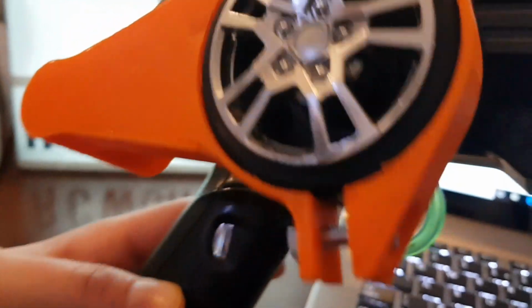All you've got to do once it's 3D printed then is put a nut and bolt through that attachment on